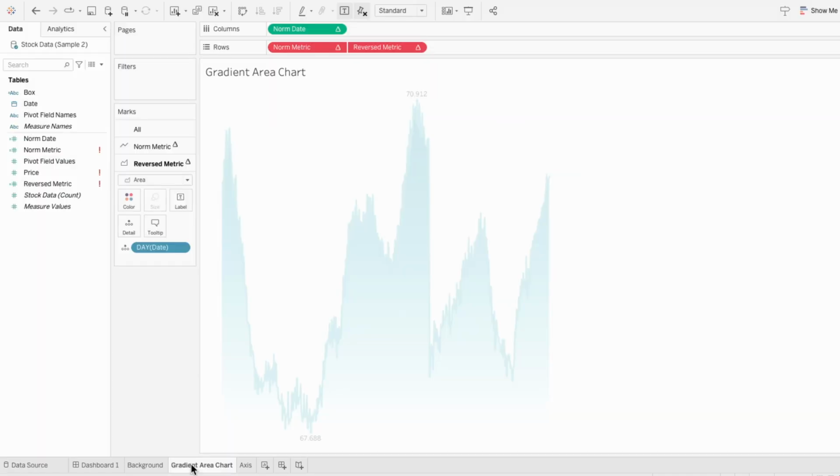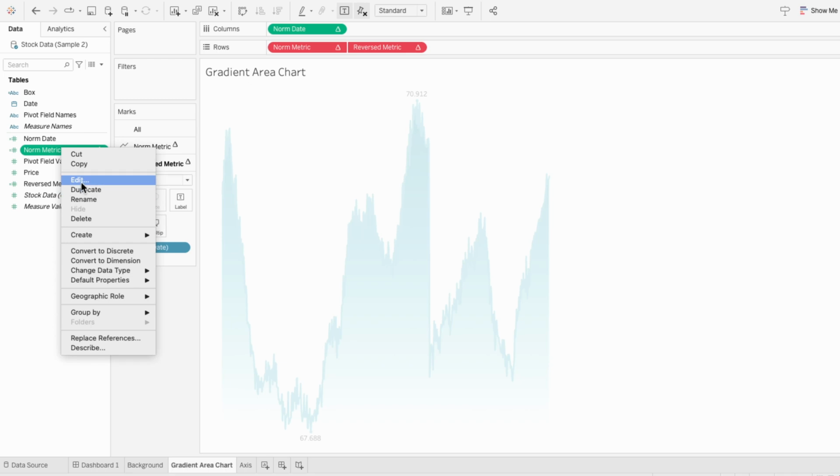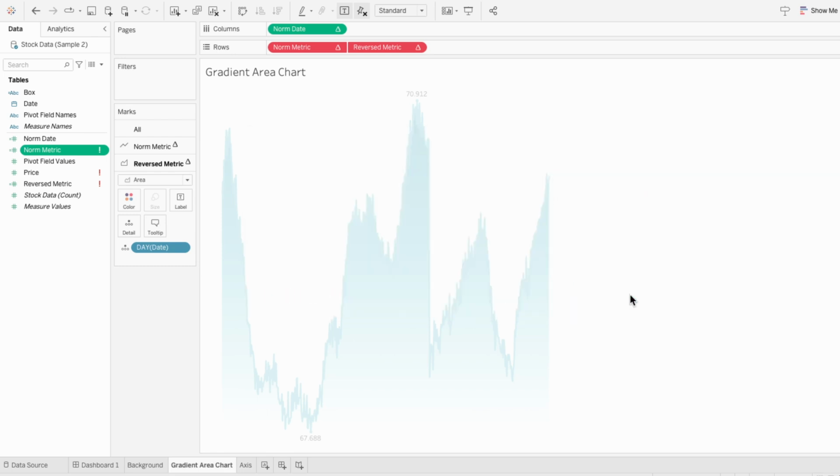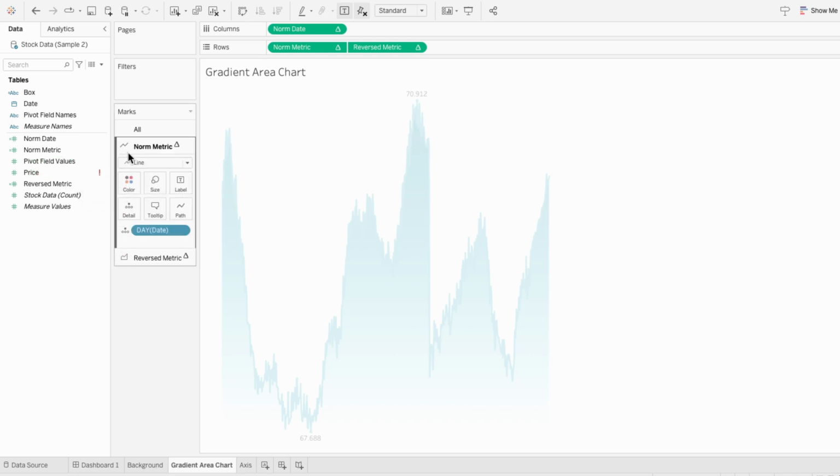Now if we go back to the area chart, you can see we have some fields that are red because price is no longer a field. So I'm going to edit our normalized metric field, and instead of price, I'll use the pivot field values. And I'll just go through and replace all those. And there's still one red field, that's why we can't see the chart yet. So I'm going to go to the first mark, and instead of the sum of the price, I'll pull in